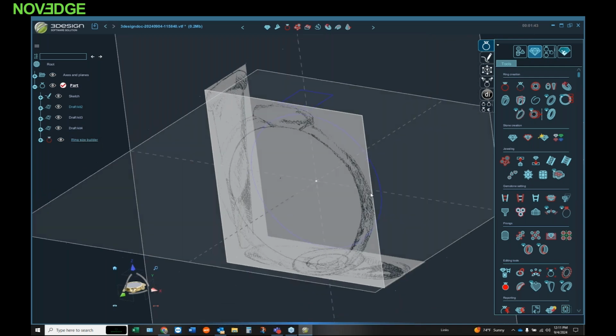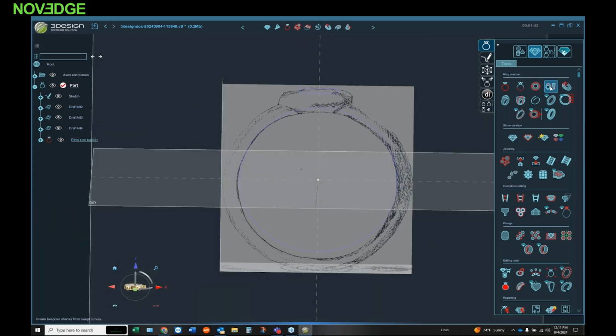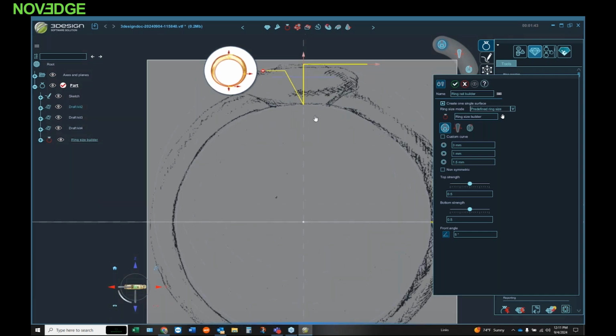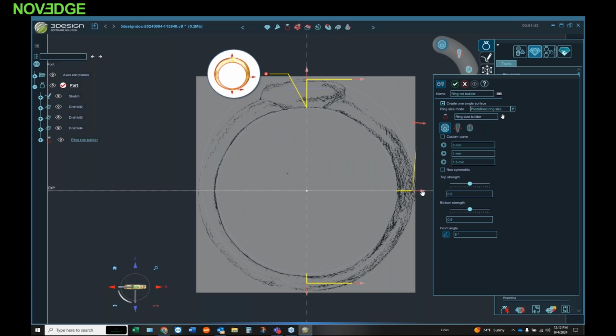So the next thing I want to do, and this is how I build probably 90% of my jewelry, is click on this next tool right here, which is our ring rail builder. Again, I can just come out here and start to move these different arrows to get it kind of close to where I want it. This is going to end up being a uniform or half round sort of shape, so I line my curves up as closely as I can on the outside. Over here on the right hand side, it's telling me this is probably going to be 1.75 millimeters all the way around. So I just come over here and round that down to the nearest